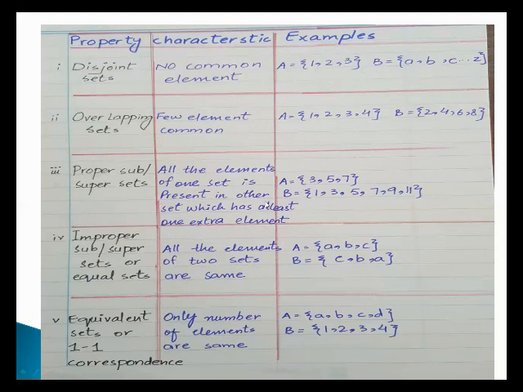Now it is very much clear by taking the example. In the example, we have set A and B. Set A has 3, 5, 7, only 3 elements. Set B has 1, 3, 5, 7, 9 and 11. There are 6 elements, and we observe that 3, 5 and 7 are also given in set B. So it means set A has all elements which are present in B.